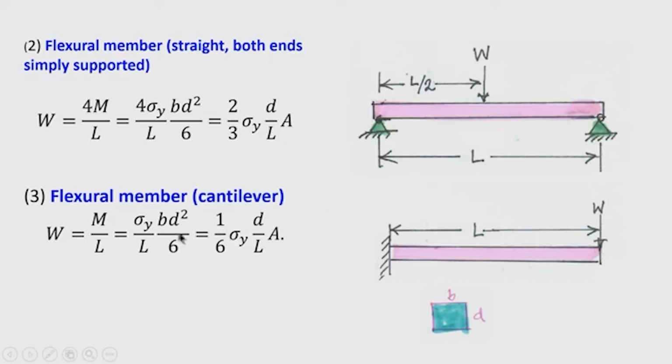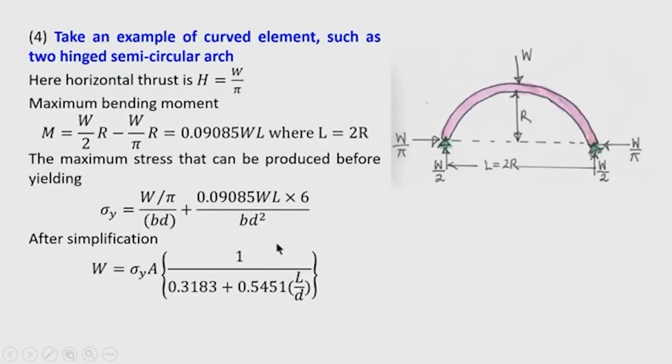So, after simplification or arranging this term, we can write W equal to 1 by 6 sigma y d by L into A. Okay. Now, let us take a curved member,